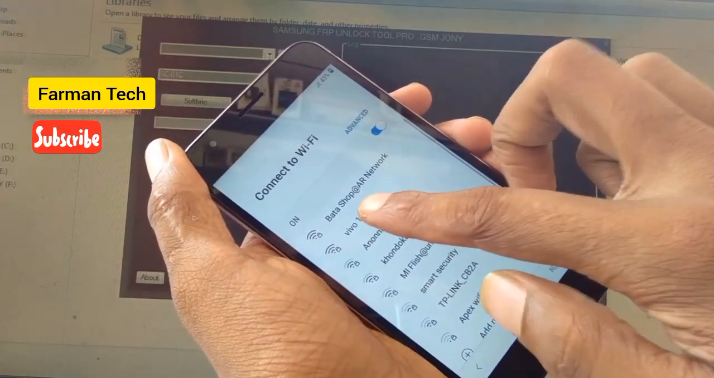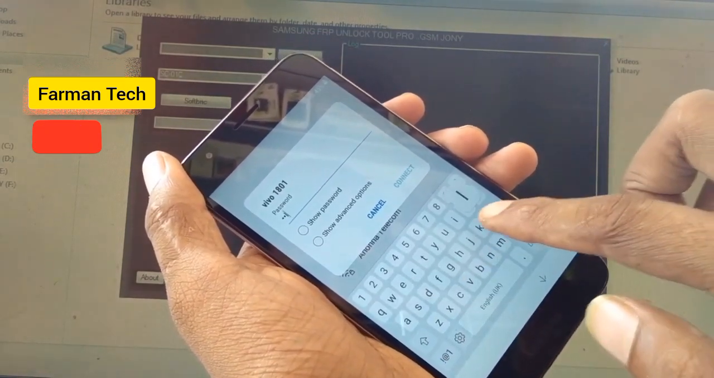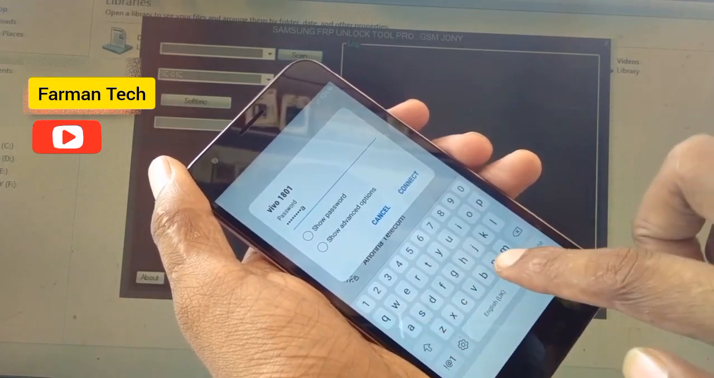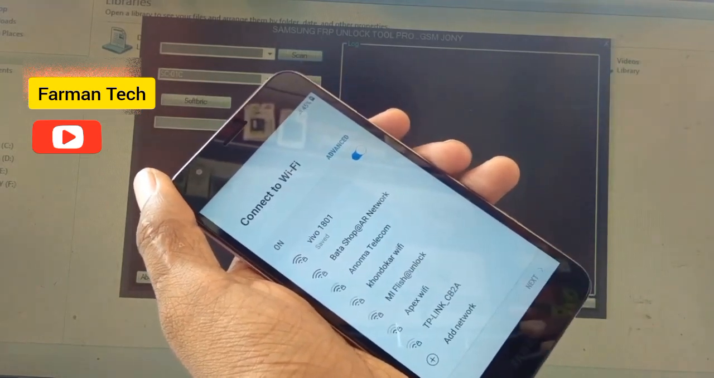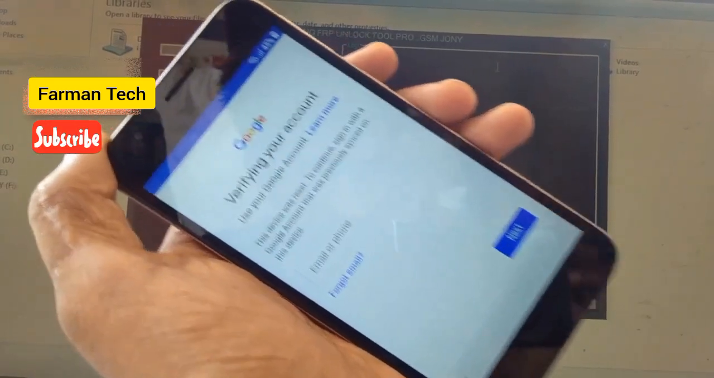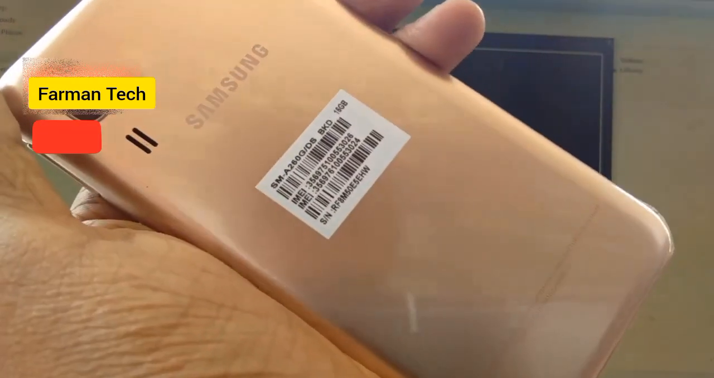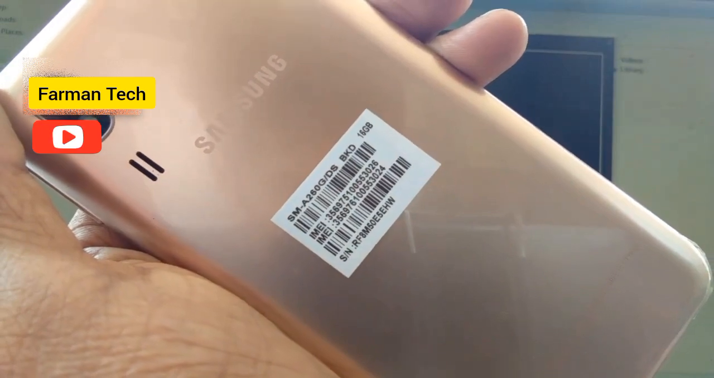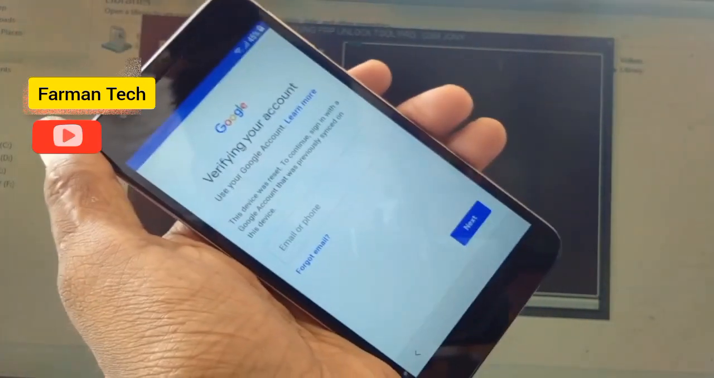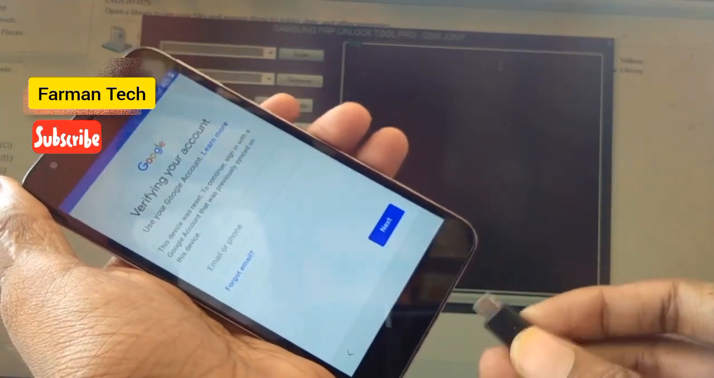In this video I will tell you about this mobile, Samsung A2 Core. In this mobile FRP bypass problem, first of all you have to connect Wi-Fi hotspot. You can see here verify your account FRP bypass problem. You can see here this mobile Samsung A2 Core. So now I want to remove this FRP bypass, and now you have to insert cable from PC